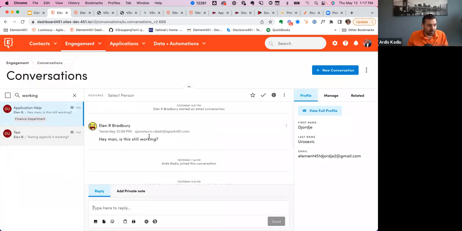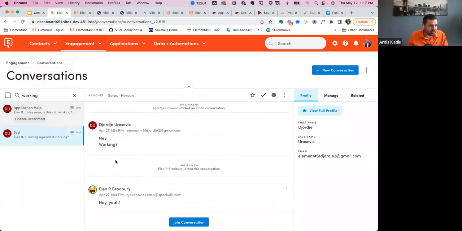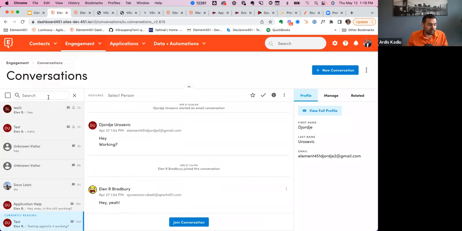So you see working, it's available in here, and then working again, as part of one of those conversation parts in here. So now you can search across them, very similar to how you do with Gmail or perhaps with Office 365.